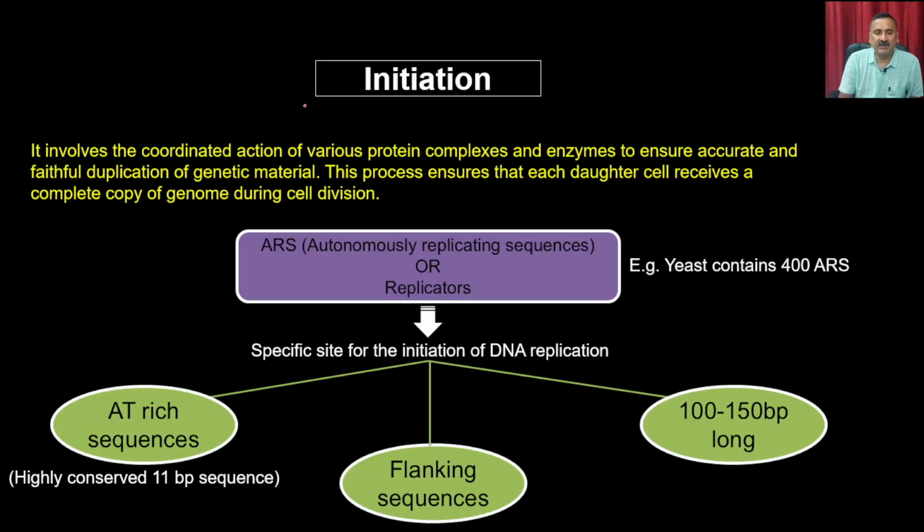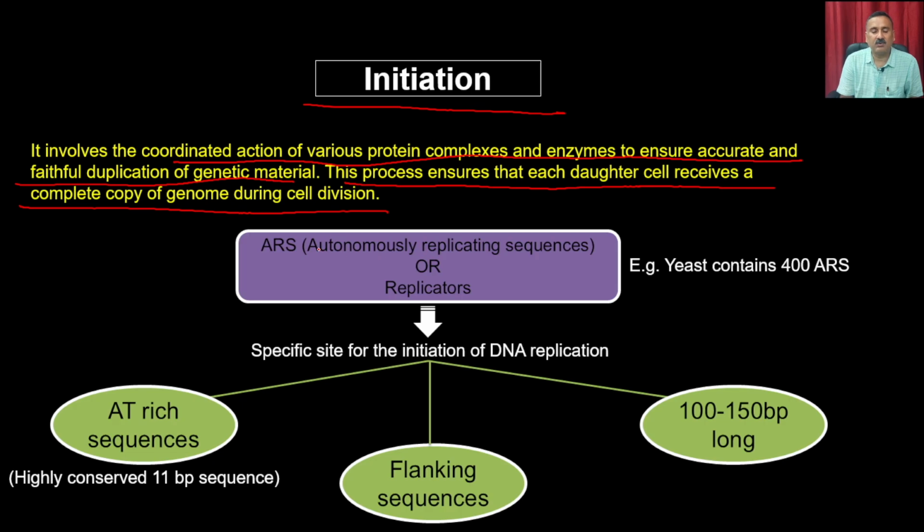Now, you are going to have the initiation. It involves the coordinated action of various protein complexes and enzymes to ensure accurate and faithful duplication of the genetic material. This process ensures that each daughter cell receives a complete copy of the genome during cell division. So, you have the autonomous replicating sequences, or ARS, or the replicators. For example, yeast contains approximately 400 autonomous replicating sequences. These are independent sequences, each with its own origin of replication, so they can start the